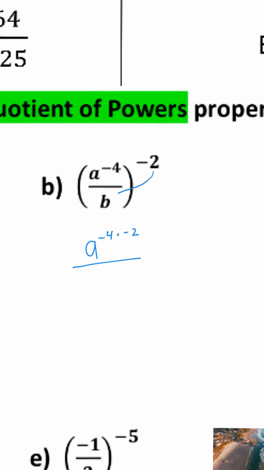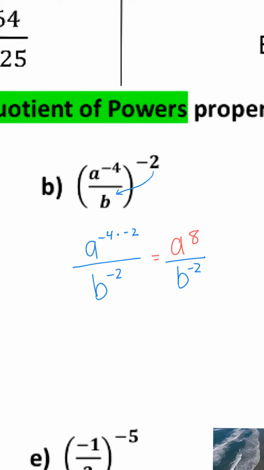and I'm just going to apply the -2 to the b, so I have b to the -2. Now I need to simplify. So I end up with a to the -4 times -2, that's +8, so a to the 8th. And then on the bottom, I still have b to the -2, and I don't have anything to do there,